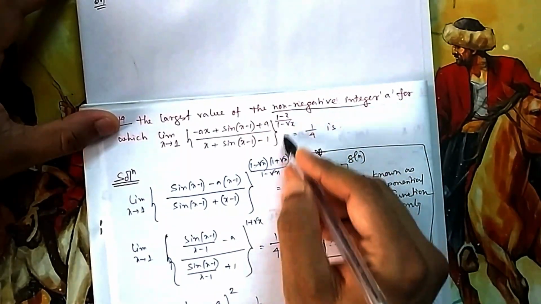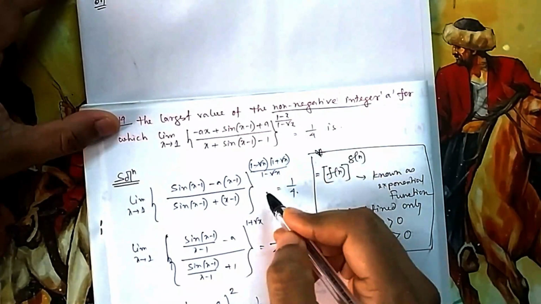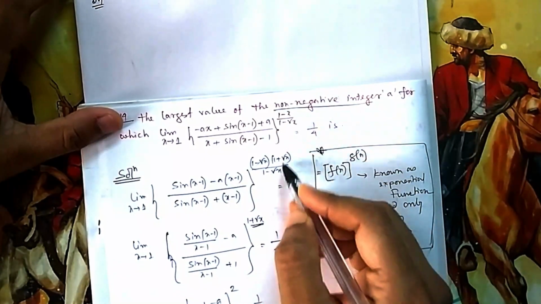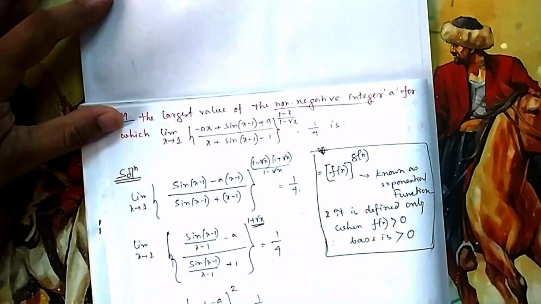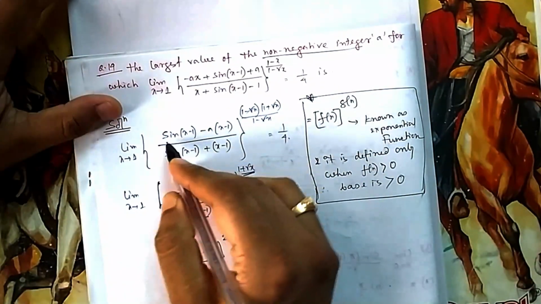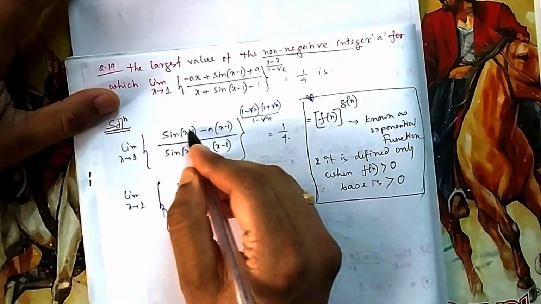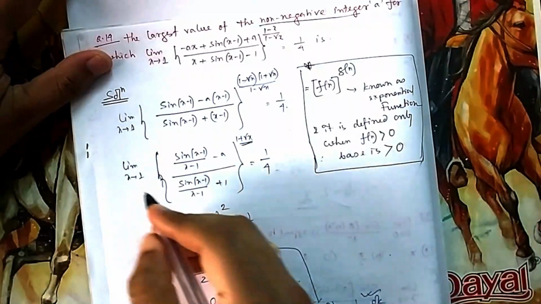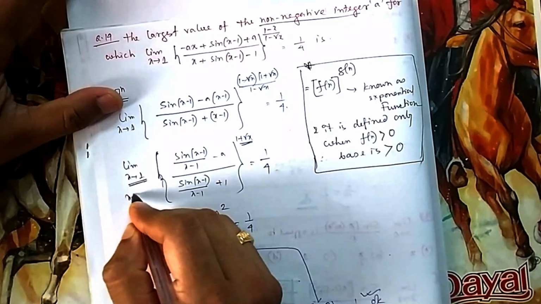So first job is to rationalize this one. So I have rationalized this one. You can rationalize it or you can factorize it also, either way. So if you rationalize also, that will also come. So ultimately you will get this one. Now to take care of this sign, you need to divide it by x minus 1. So that's why I am dividing numerator and denominator by x minus 1. Now if x goes to 1, then x minus 1 goes to 0.